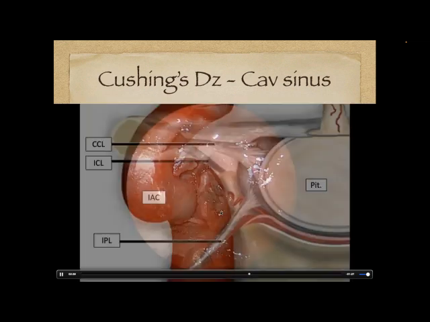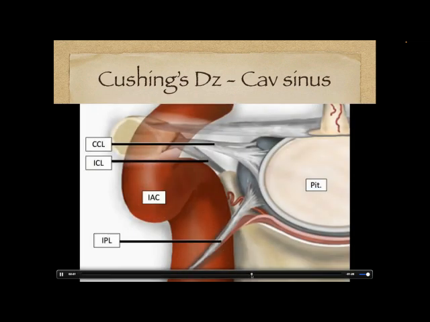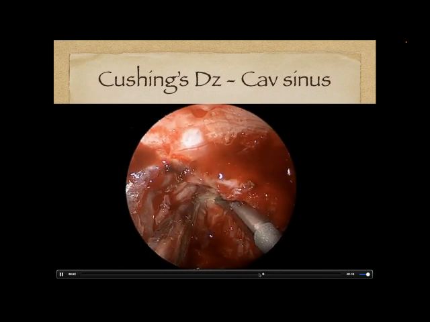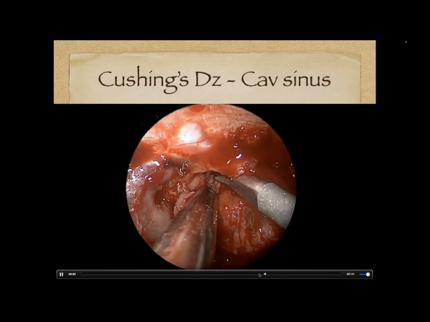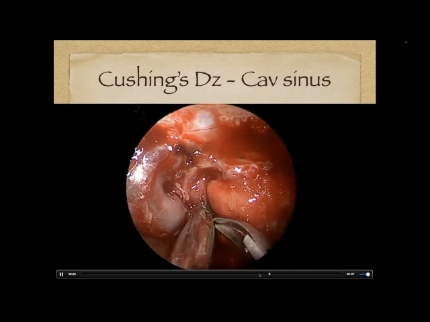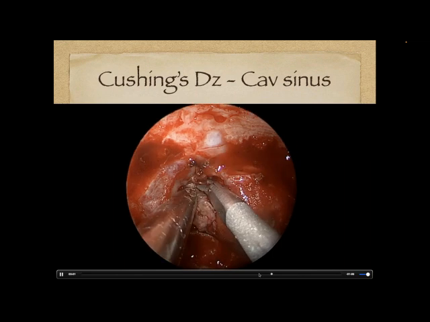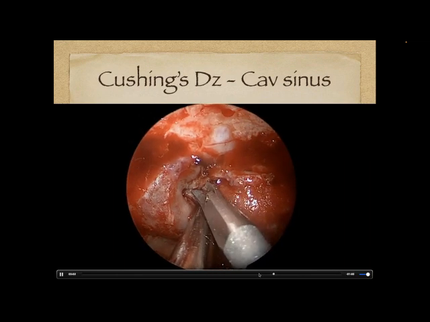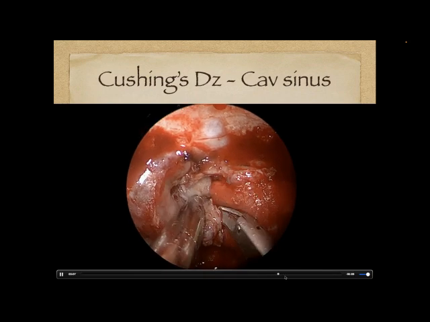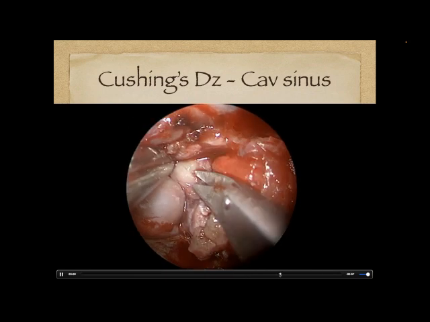So here we're cutting these various ligaments that have been described, again, in the article from University of Pittsburgh. And here we are just cutting away those ligaments and carefully dissecting around the tumor. By dissecting around it in this fashion, we can be sure that we don't leave anything behind. We're not pulling it out piecemeal, but we're taking it out in one chunk. And that can help us make sure we get a complete removal. Here are the final ligament attachments.